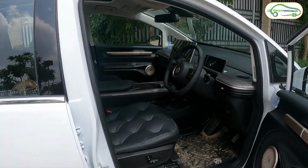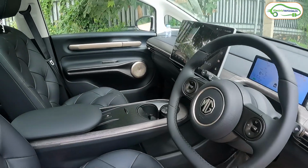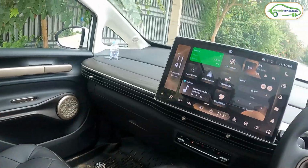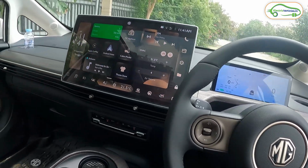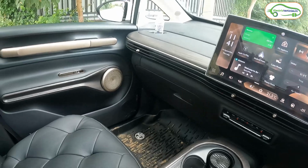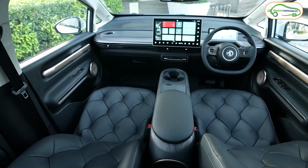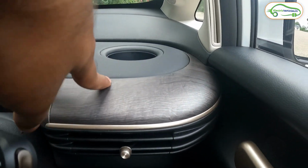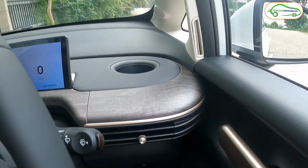Let's quickly get inside. Hello. Yeah, hello. So MG is saying hello to us. I'll give you a small tour of the interiors, explaining some of the highlight features of this MG Windsor EV now. So let's keep our key here. So the whole interiors are a combination of black and golden color with a wooden finish here and there. So as you can see, this is the wooden type of finish you will get in this MG Windsor